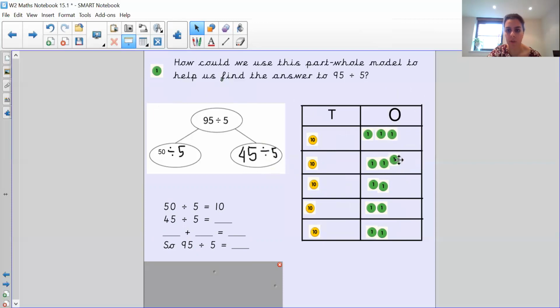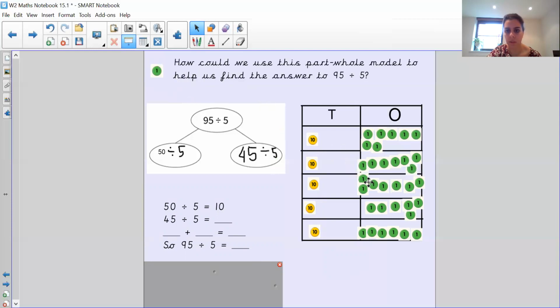11, 12, 13, 14, 15, 16, 17, 18, 19, 20, 21, 22, 23, 24, 25, 26, 27, 28, 29, 30, nearly there, 31,